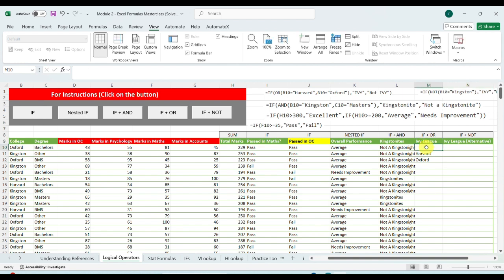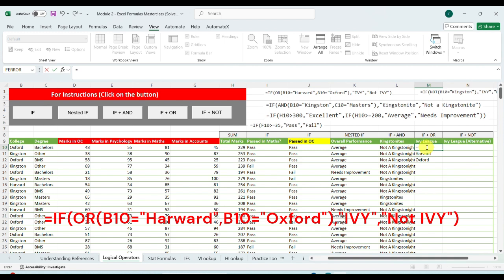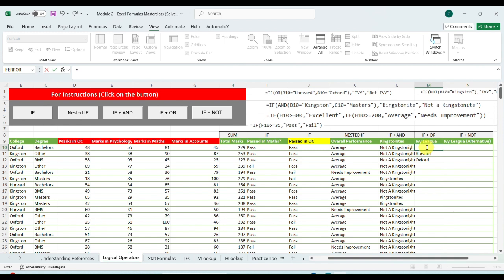So let's start this formula again, as we have seen if plus and. In that case, if this and this. In case of if plus or, if studying in Harvard or Oxford, in both the cases, means for two, there are two carries. So let's start if.